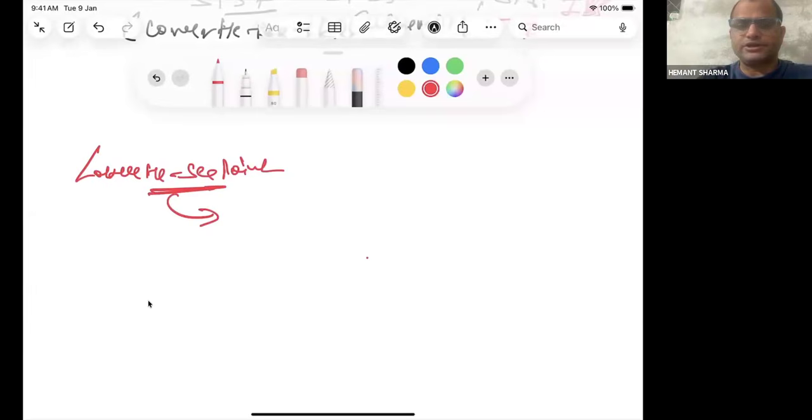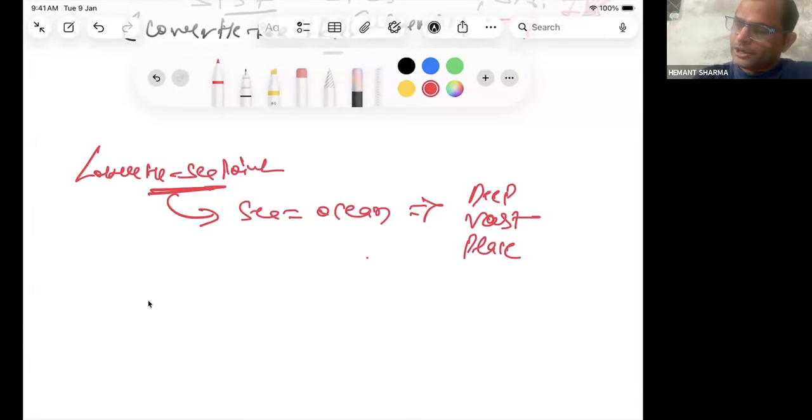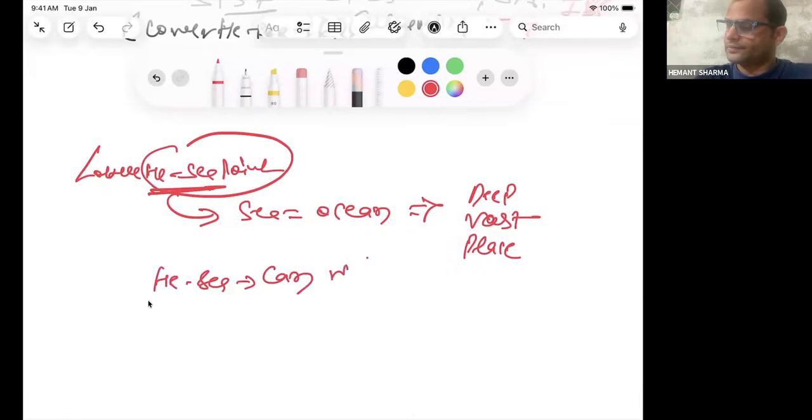So first understand the sea means ocean. Ocean means very deep, vast place where we have too deep, too vast water. हम समुद्र उस जगह को कहते हैं. Hese points are the points who can work on very deep